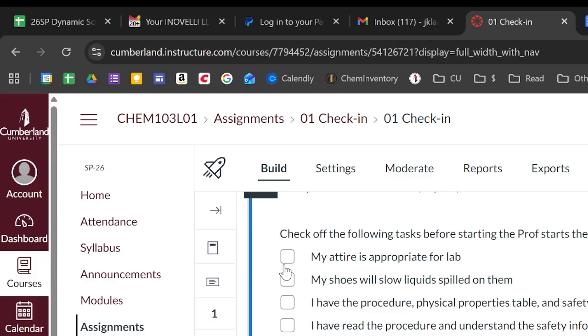Let's talk about appropriate attire real quick. So this right here would be appropriate attire. Notice my shoes right here are fully encapsulating my feet. They are not loose mesh, so that if I drop any liquids on them, they will not immediately penetrate through. That's the important part of this. If you drop a liquid that's harmful onto your shoe, you want to be able to get the shoe off and then wash it off, not have your foot in there and get the stuff all over your feet so it harms your feet. You want to harm your shoe, not your foot.